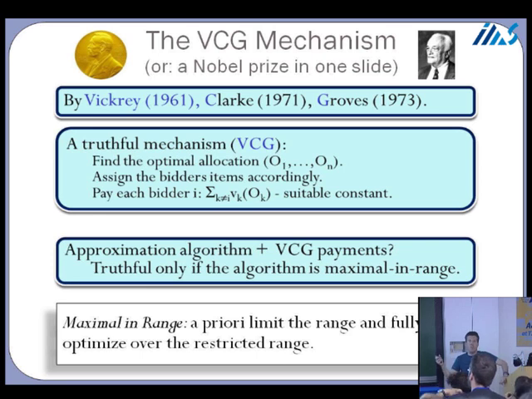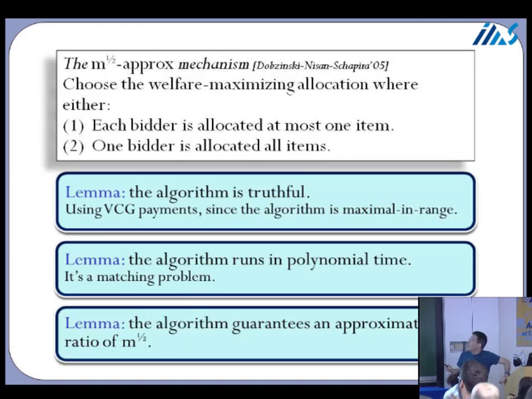Let's see an example that will hopefully clarify the definition that I guess half of you can't see. And this will also be the example that will provide us the square root of m approximation. So we choose the welfare maximizing allocation where either each bidder is allocated at most one item or one bidder is allocated all items. So why is it a maximal range